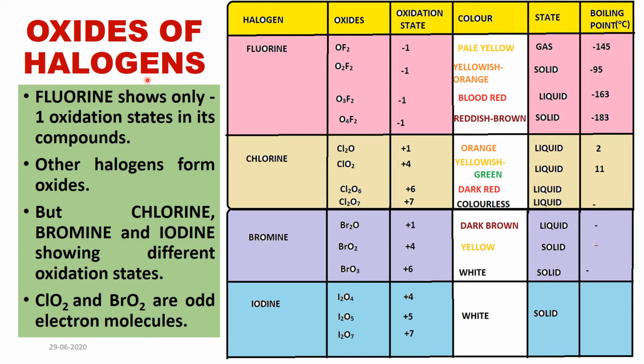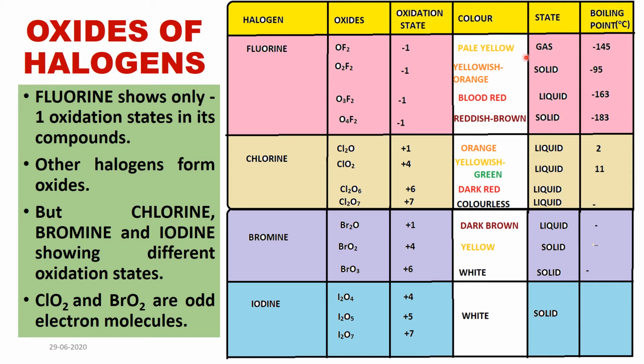Oxides of halogen. Fluorine shows only -1 oxidation state in all of its oxides, like difluorooxygen oxide, difluorodioxide, difluorotrioxide, difluorotetroxide. In all the oxides of fluorine, it gives -1 oxidation state, and OF2 has a pale yellow